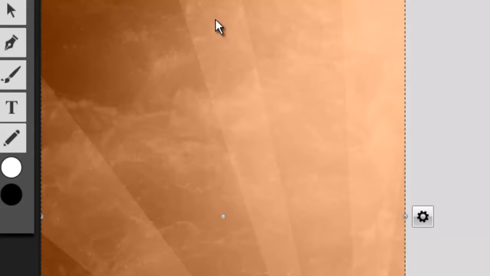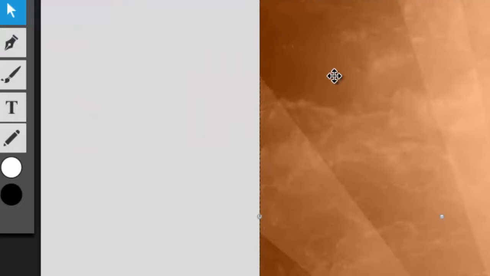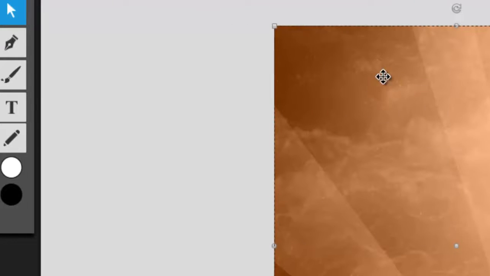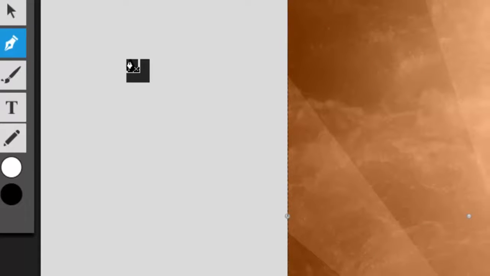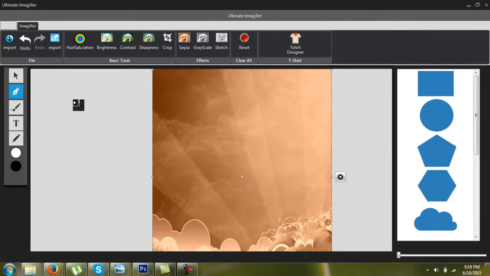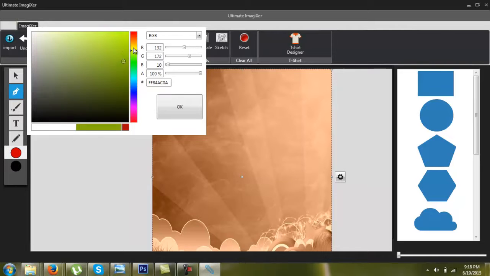Now I have a drawing panel over here that has great tools. This is the pointer tool. This will select the image, and this is the tool that I was using the whole time. Okay, now I have a pen tool. This is a very powerful tool, and even Adobe Photoshop does not have this kind of pen tool. This tool has the ability to take the colors and draw